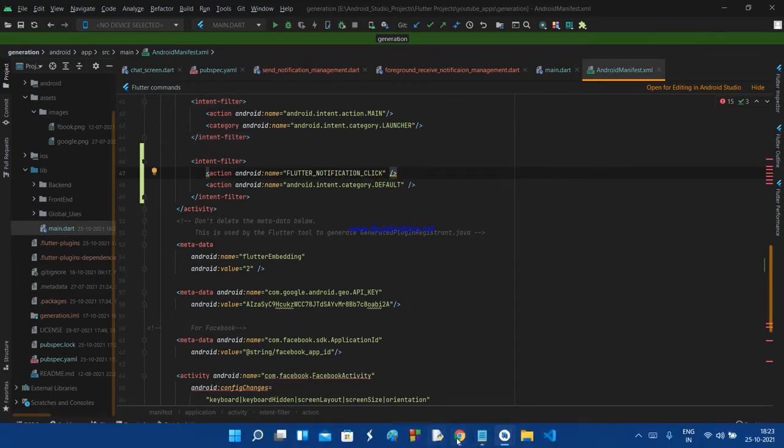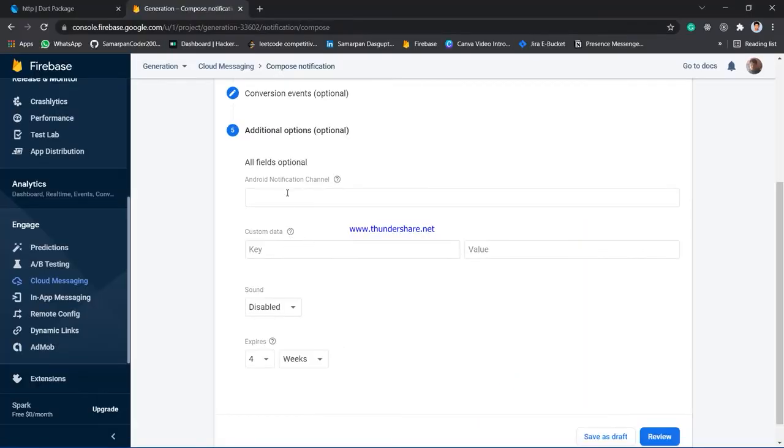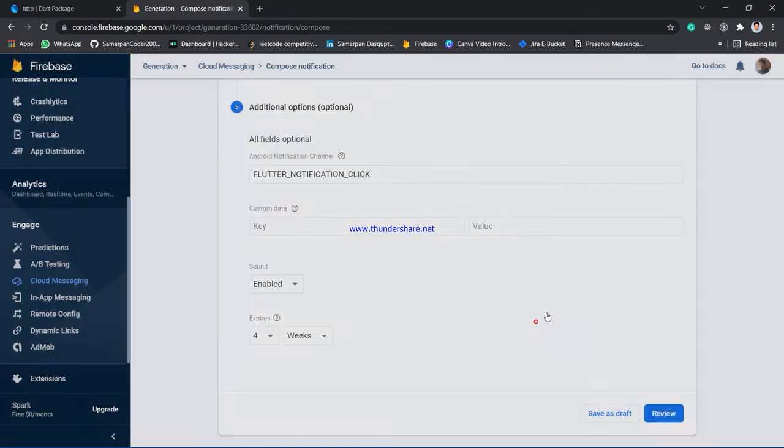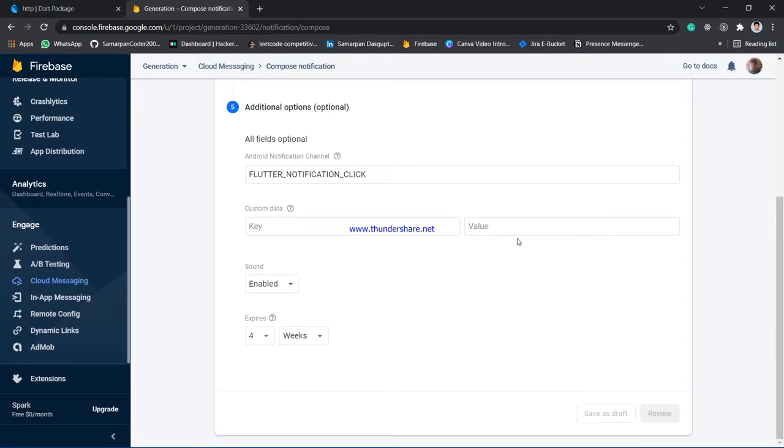So we have to use it here, Flutter notification click, and the key value is not required, you can skip it. So expire in 4 weeks, that's the maximum time, close to 1 month. Okay. Review. Okay, publish. It is a compulsory step under Cloud Messaging.